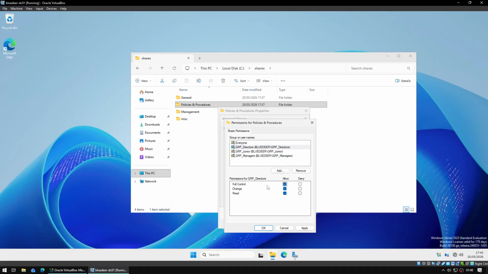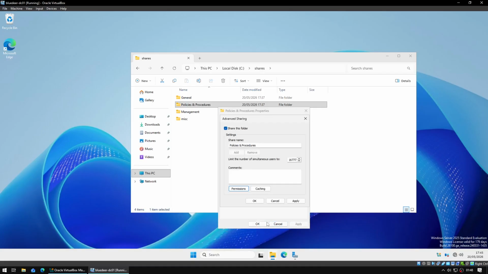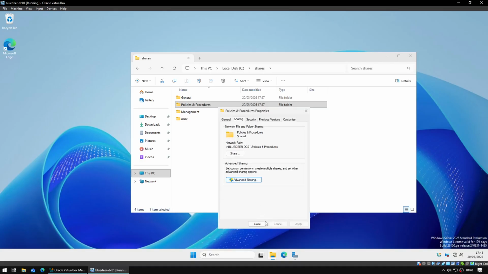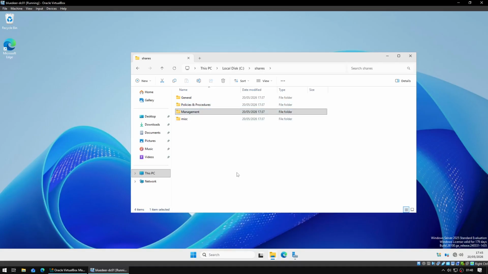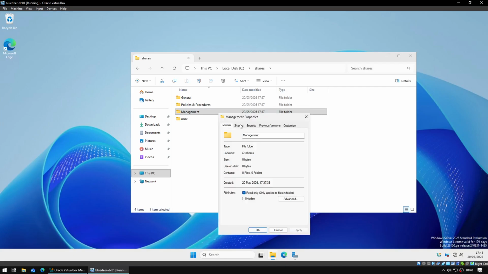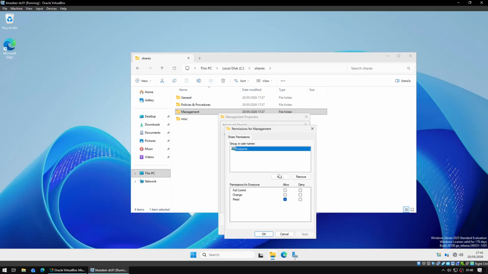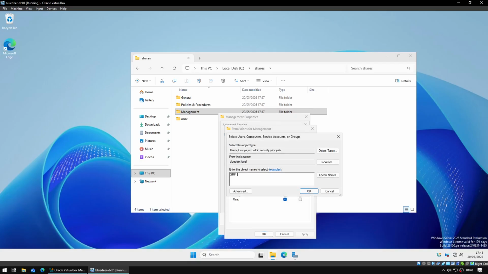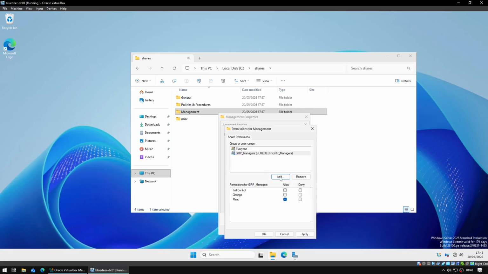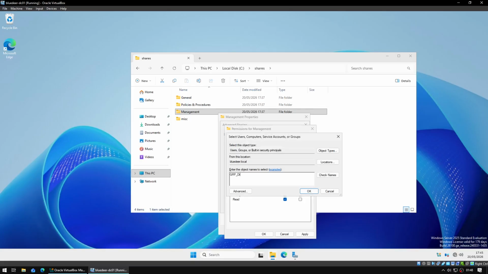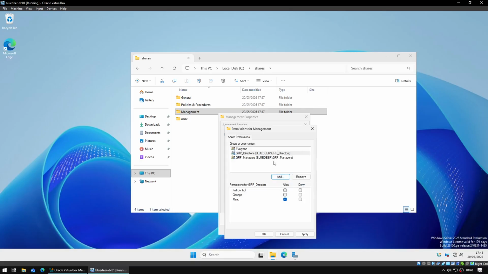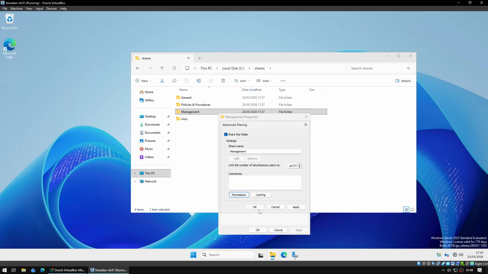This time only directors want to have full control over this folder. Hit apply and OK. Then management, sharing, advanced, share the folder, permissions. Remember this time we're not adding the junior staff, just the managers and directors, and only the directors should have full control over this. Hit apply, OK,